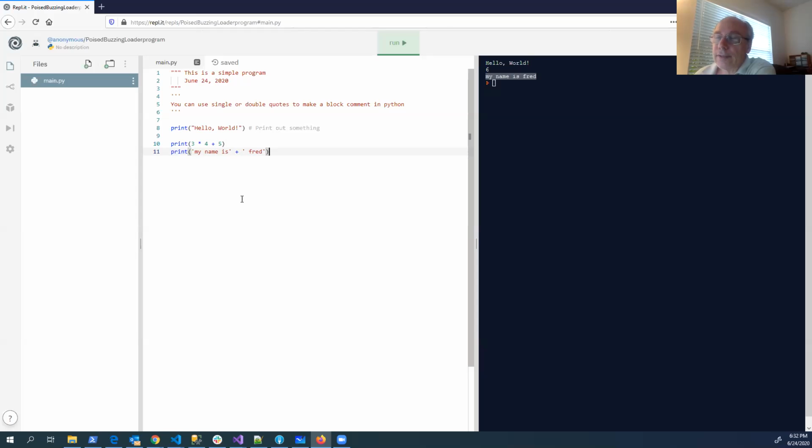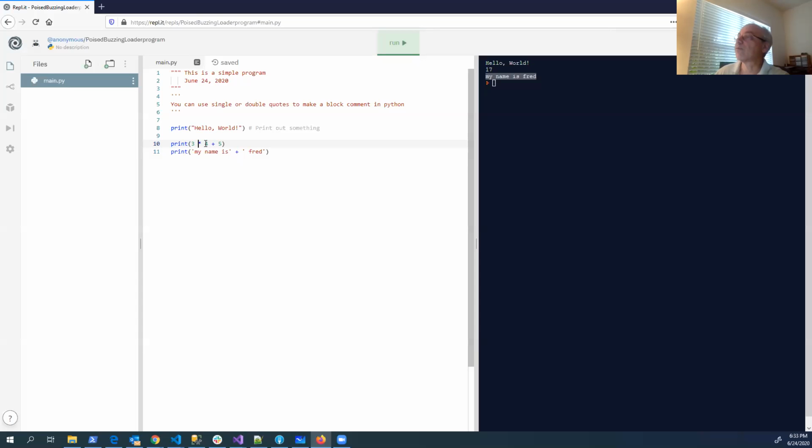That is correct, because it's going to do the 3 times 4 first, and then it's going to add 5 to it. So it equals 17. The reason it does the 3 times 4 first is because it does multiplication before addition. I think that's the way things work in your math class too, right?